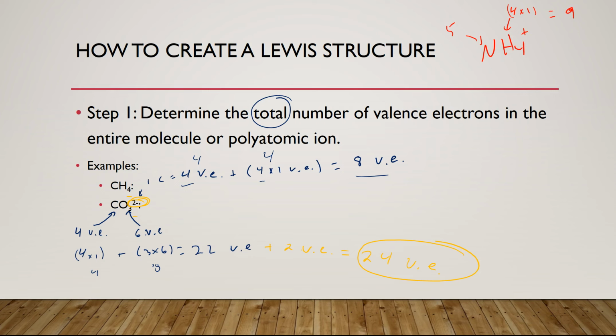So rather than adding an extra electron, I'm going to subtract 1 to make that 8. So a plus charge means subtract. A minus charge means you add extra electrons. I know that seems backwards, but that's because electrons are themselves negative. So you're either subtracting a negative or adding a negative, which means subtracting a negative means adding, adding a negative means subtracting, right? But again, this is a super, super important step, and we'll do a little review of